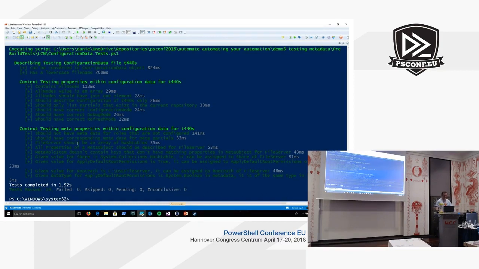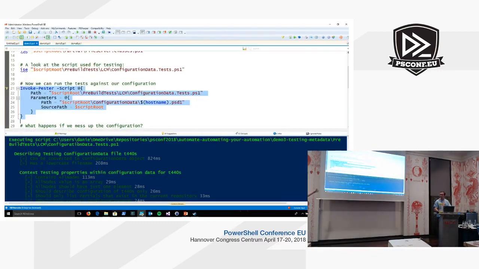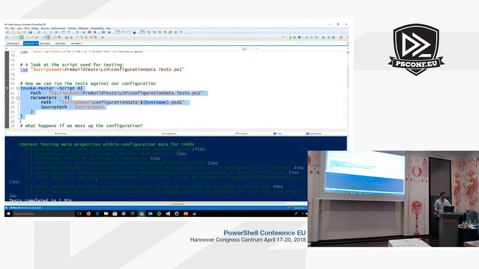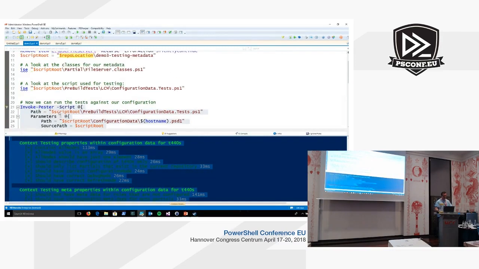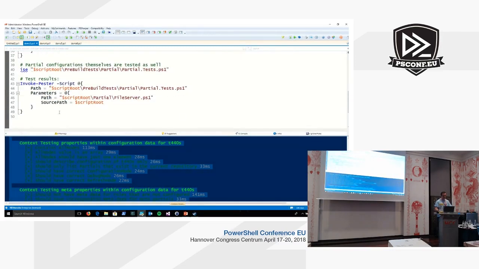And here you also see that we check the other way around. So we check, okay, do we have metadata for the partial that was assigned, but also the other way around. Don't we have any metadata for a partial that was not assigned? Because then that will mean that we won't do anything with the data. The colors are maybe not that great, so I'm not sure if you can see anything in the back, but that's exactly the line that I highlighted, the line that Daniel mentioned. So that's how testing works, and that's what provides us feedback about the